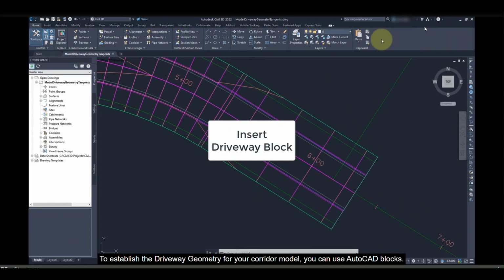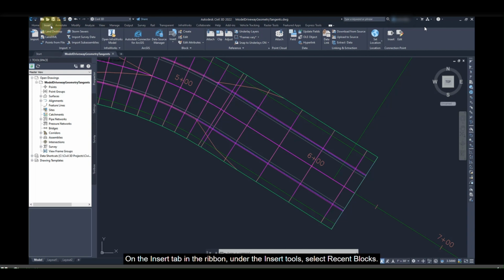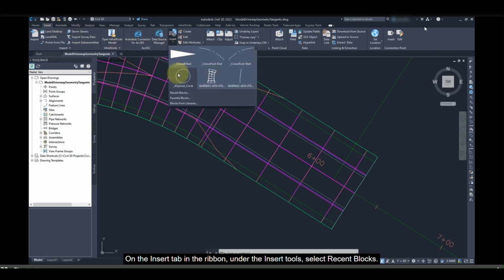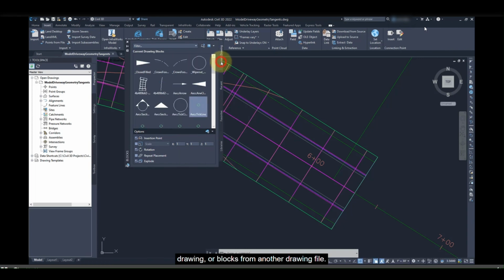To establish the driveway geometry for your corridor model, you can use AutoCAD blocks. Using a block will create consistent geometry and reduce the number of steps in your grading workflow. On the Insert tab in the ribbon, under the Insert tools, select Recent Blocks. This will load the blocks palette where you can insert recently used blocks, blocks from the current